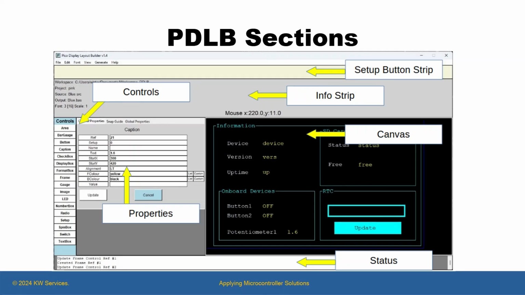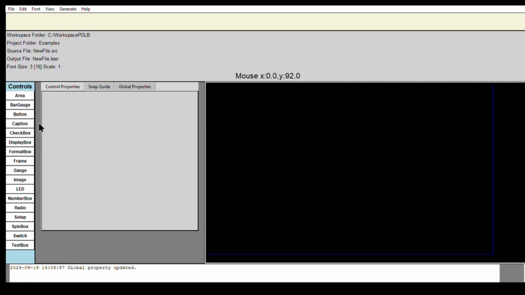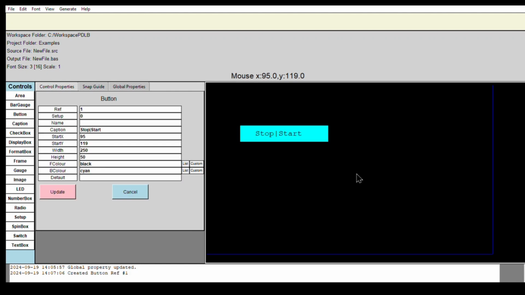Okay, let's discuss each of the sections. On the far left of the screen, you'll see the control section. And there's a button for each of the PicoMite controls. All you have to do is press the button, which changes the cursor, bring it over the canvas, and click, and you drop a control. You can then click again to select it, and then move